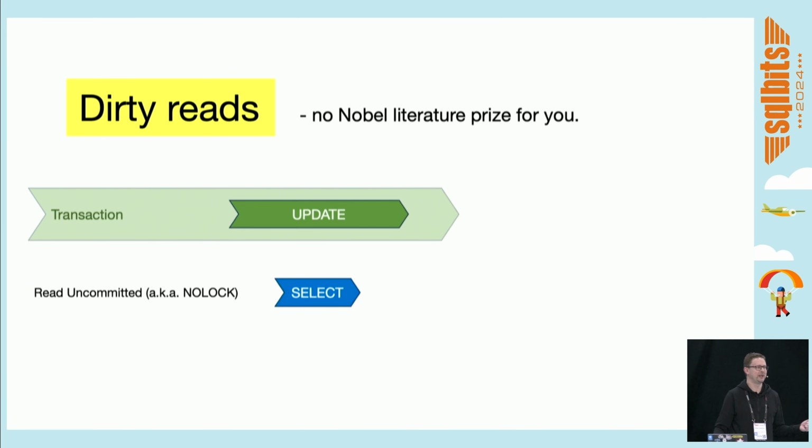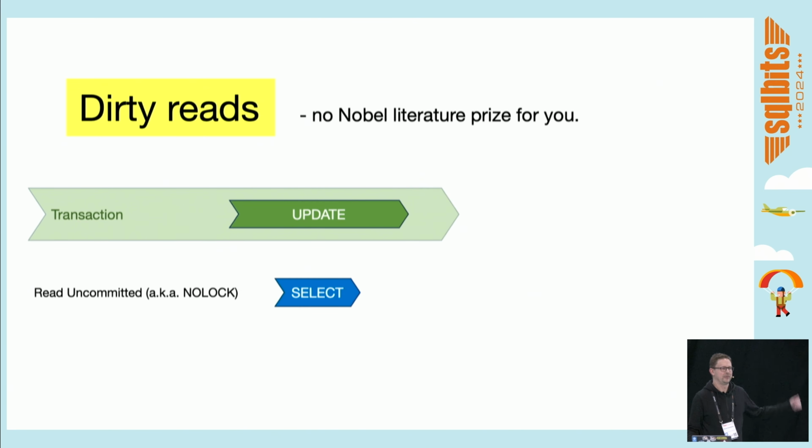read uncommitted, aka the no lock. Who knows no lock? You've all seen it. You've all put it in your databases. I've seen your databases, yours too. So basically, if you think of the green arrow here as a transaction, the transaction is running an update. You begin transaction here, over on the left. You do an update, and I'm trying not to fall off the stage. And then over there, you're going to commit the transaction. But while you're doing an update, someone goes with read uncommitted isolation level or a no lock hint and does a select query. What will happen to that select query?